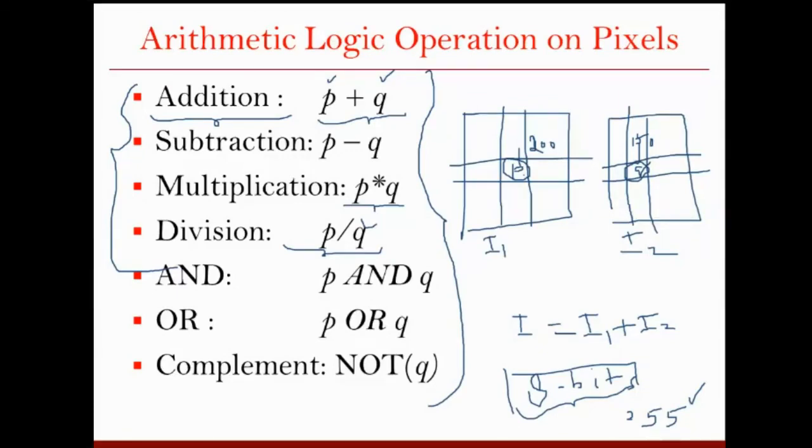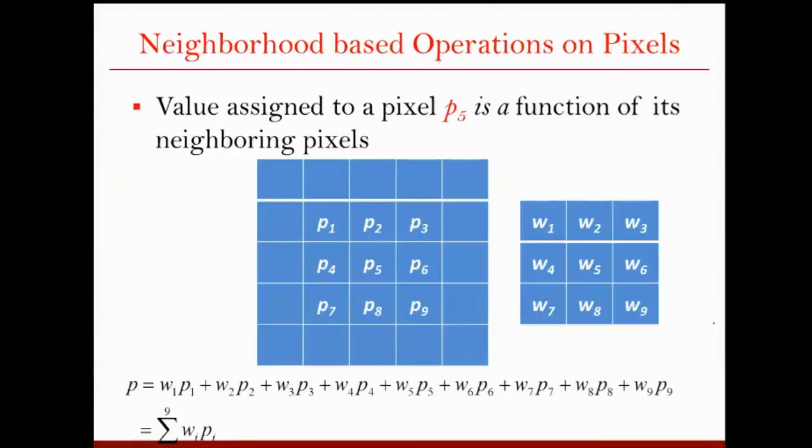One thing is common in all these operations: when we are operating at a particular pixel on the given 2 images, we consider only the intensity of that particular pixel. We are not considering the intensities of neighboring pixels. Now, in the next way of processing, whenever we are processing at a particular pixel, we don't consider just that pixel, but also the information from the neighboring pixels. This is called neighborhood processing, or neighborhood-based operations.